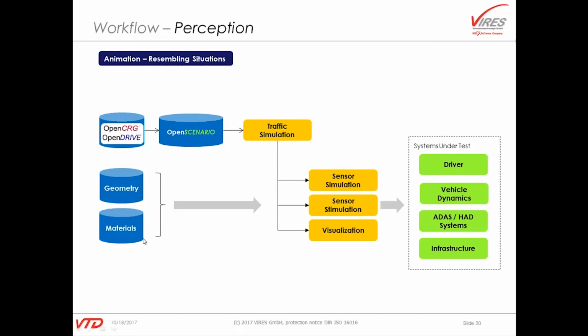From one of the previous slides, I said that the graphics or the 3D environment is represented by the geometry and materials, together defining the physics of the 3D environment. And once we have the situation or the position of everyone, and we know how the physics are, we can place sensors in the world. They may be at fixed locations or on any number of vehicles, etc. And these sensors will then provide you with the data that will typically run into either a driver model of yours or your highly automated driving functions.